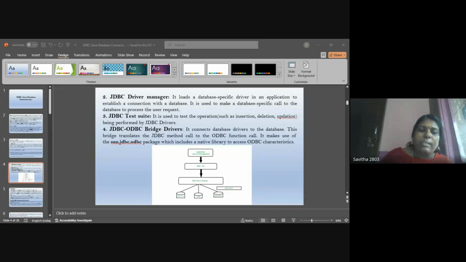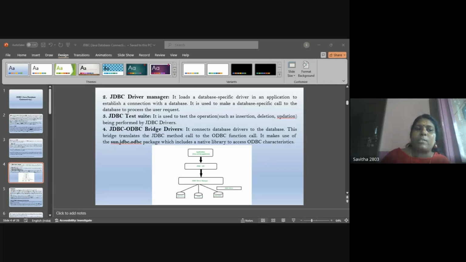Only after this driver insertion will the JDBC driver communicate with the respective data source. This is an example of a simple JDBC application and how the connection is established. Here we need to import java.sql.*. This means java.sql is the package, and it contains all the packages which we need to enable the feature of JDBC connectivity.